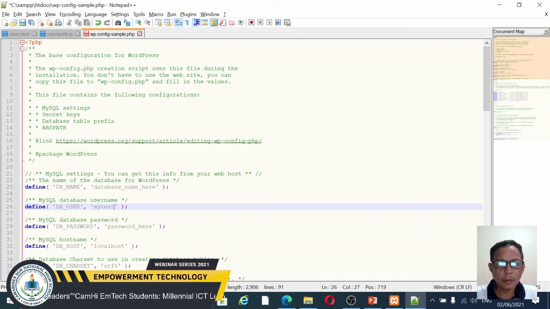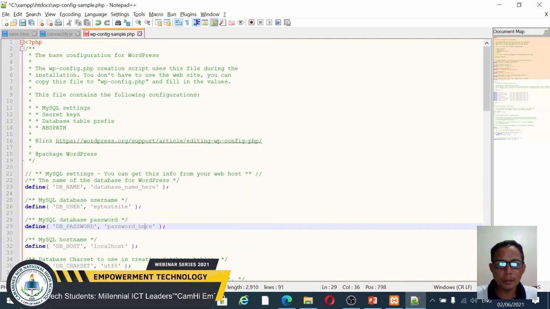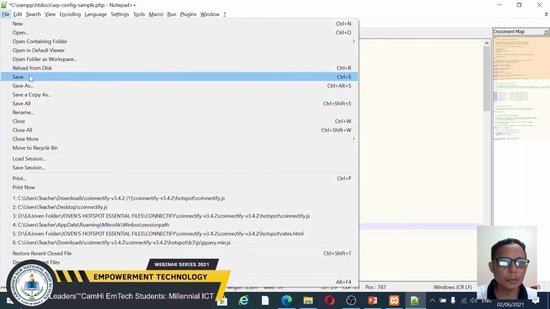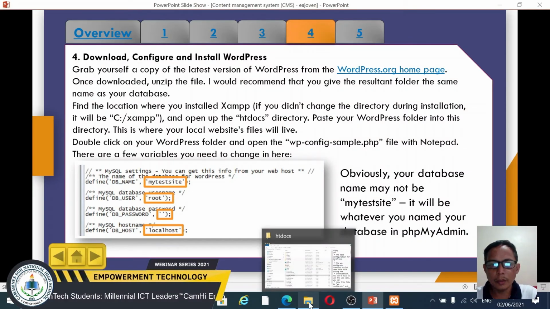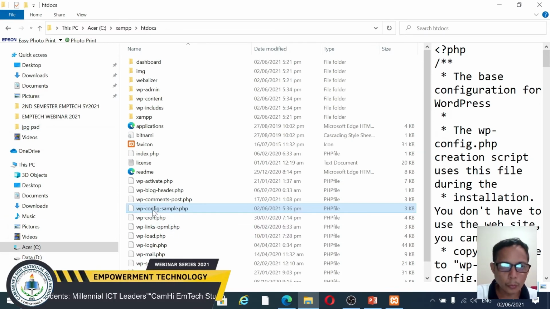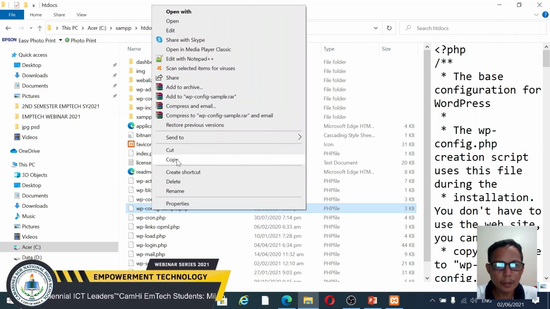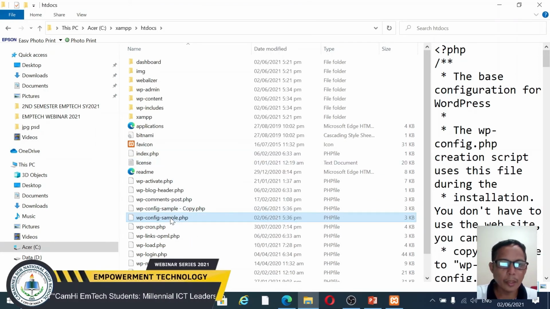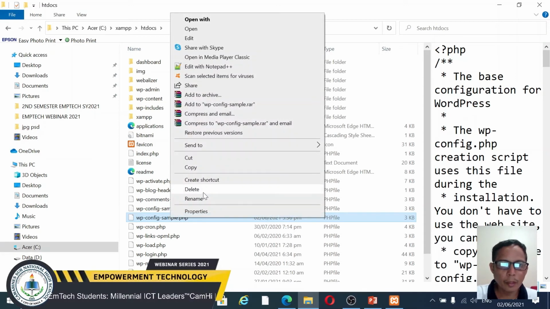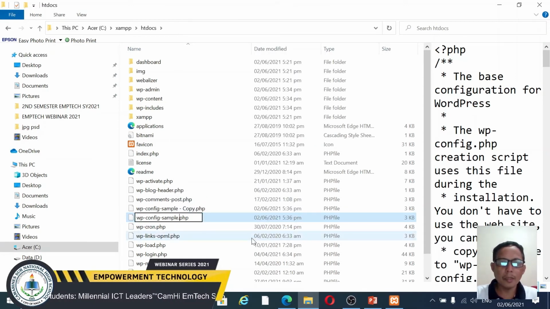The password is blank and localhost. Then save, exit, and we go back. Then copy, make a backup for this, and rename the config. We need the sample PHP.